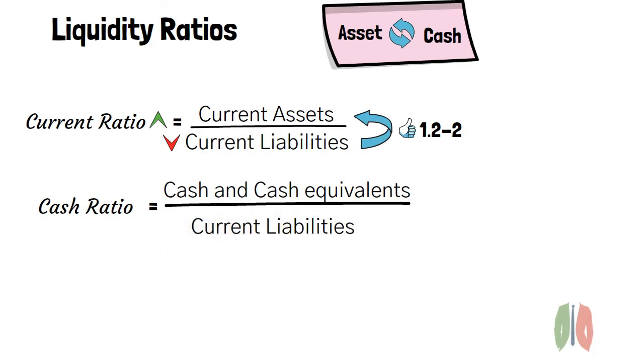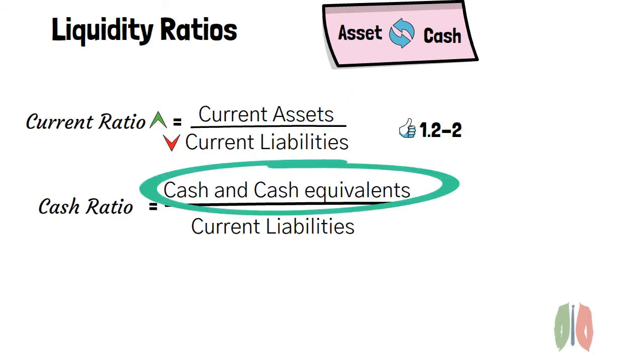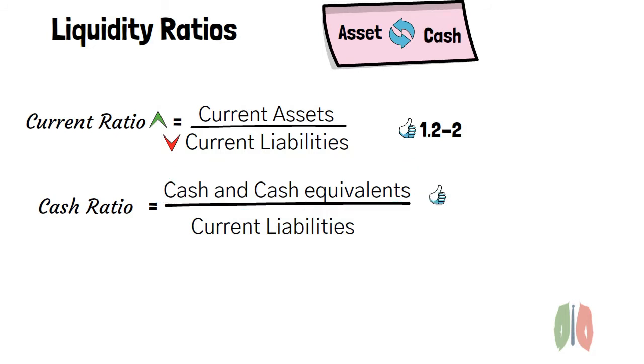This includes the bank balance and other cash in the reserves of the company, compared to the current liabilities. This ratio measures a company's ability to pay off short-term liabilities with cash and cash equivalents. The current ratio measures paying obligations through assets, but this ratio measures paying obligations through cash and cash equivalents. So if the assets are less, we can use the cash to pay the liabilities. This is the meaning of this ratio. A good cash ratio will be between 0.5 and 1.